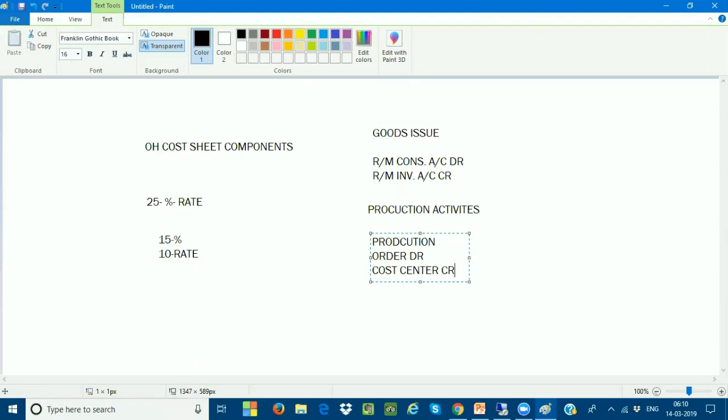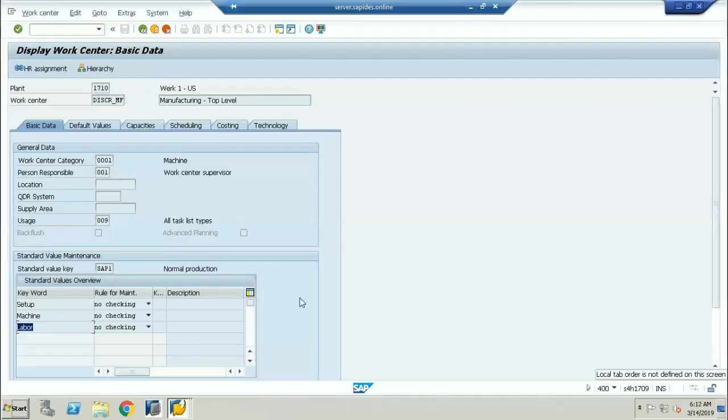So once you confirm your production order with the activities, these are the activities which are going to be required. Say your production people are telling us, hey Rahul, these are the three activities we are going to confirm. Normally, how many activities can we take in one production order? Maximum 6. Very, very important. Minimum is going to be 1 or 2, whatever it may be. Maximum 6 activities are getting confirmed.